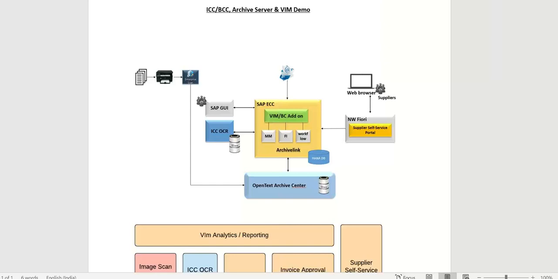But as far as archive server and BCC, this is the hot cake of their entire product lot. So these two servers' access they do not give directly. In fact, as rightly Subbu said, they don't give this access as a demo to any students or any organization, since they are partners with SAP for this entire integration. So they have their own partnership agreement, and they can share their own installation media files,